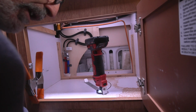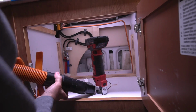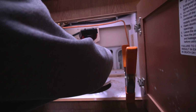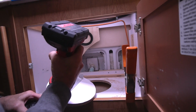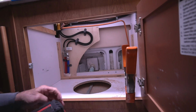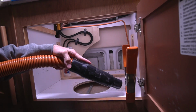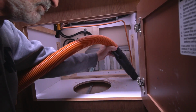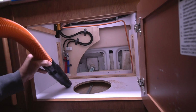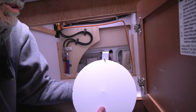Okay, so far so good. I'd say that worked pretty well. Got a couple of little jinks, a little funky. Plenty of room down to my tank. So it was a little bit funky